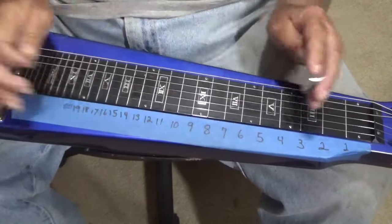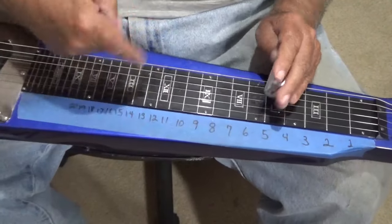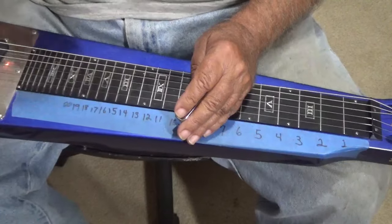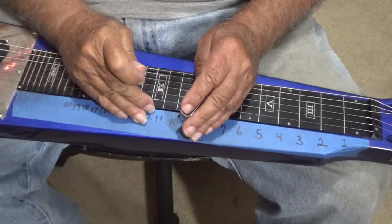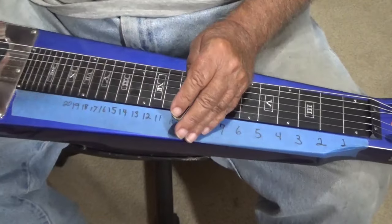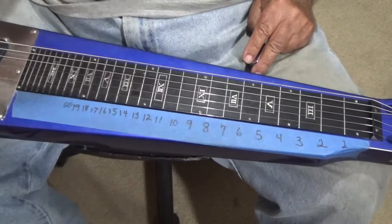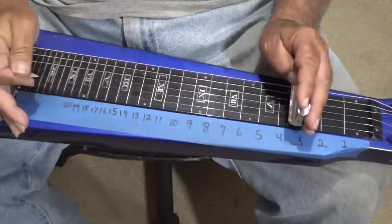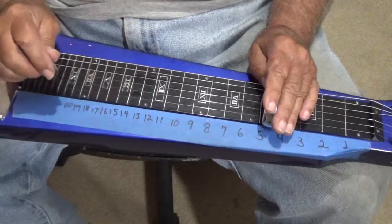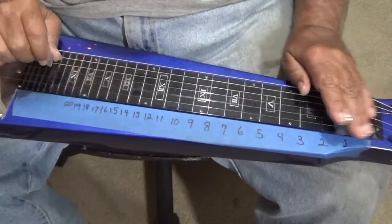So to get started, what we're going to be talking about today is writing songs. Did you know that a lot of the songs I write start out on the lap steel and end up on the keyboard and then the guitar? Now this morning I was sitting here thinking about it. A lot of times there's so many notes and so much voicing on these lap steels that you can't do with a guitar or a piano. This unreal stuff like